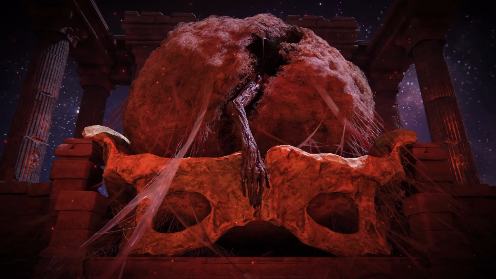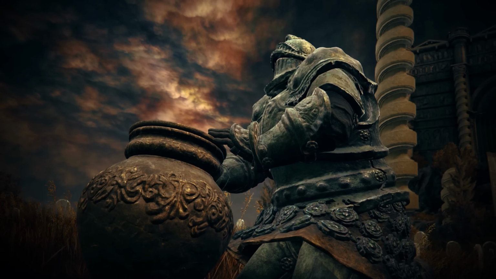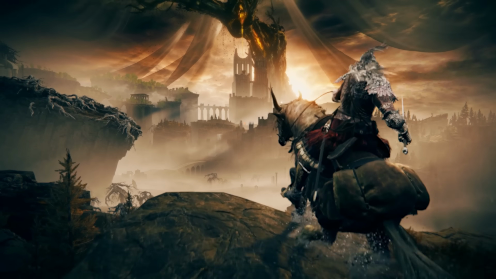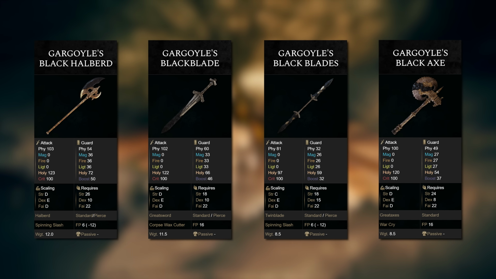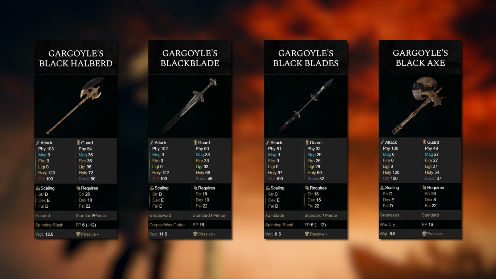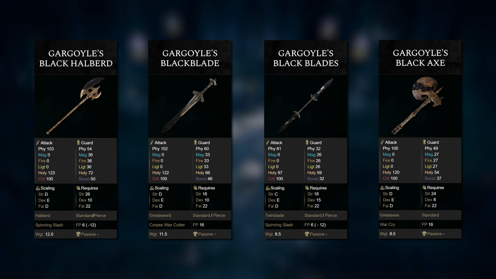And this kind of dovetails into my last point, which is that if you're starting a new game, a new character, and you're trying to figure out what you want to do, you want to be a lower level going into the DLC, but you still want to be strong, you still want to have a decent build, consider the Gargoyle's Black weapons if you're trying to make a lowish level new character going in there. The Gargoyle's Black weapons not only do holy damage, which might be great, I don't know, but they also have extremely high attack rating for weapons that have minimum requirements,